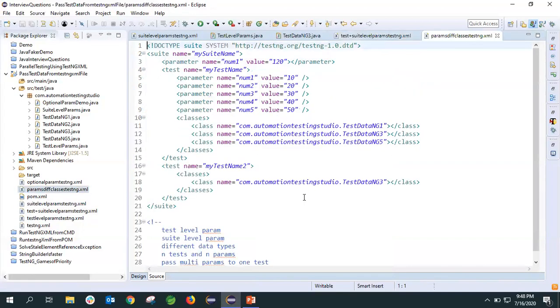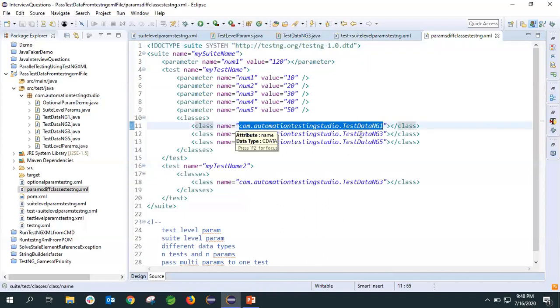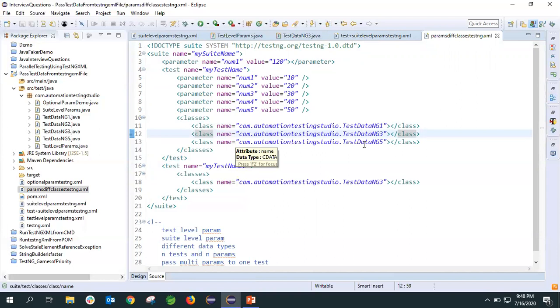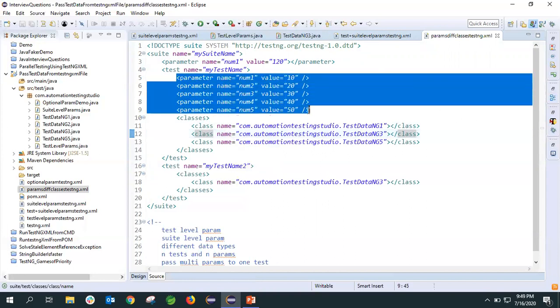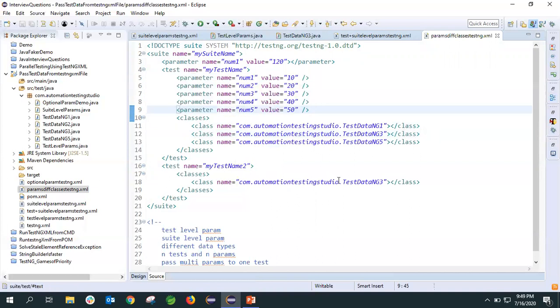We have seen this, and then after that we will see this one. What if we want to pass different test data to different test cases? Suppose you have different test cases and you want to pass different test data, then you can define the parameter tags like this. Now let's execute and see.